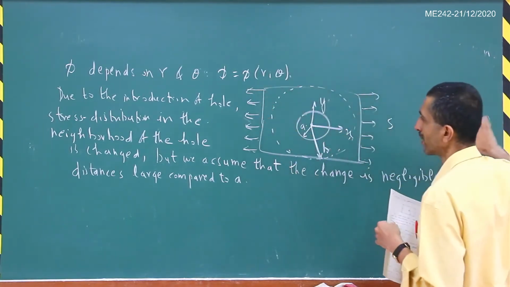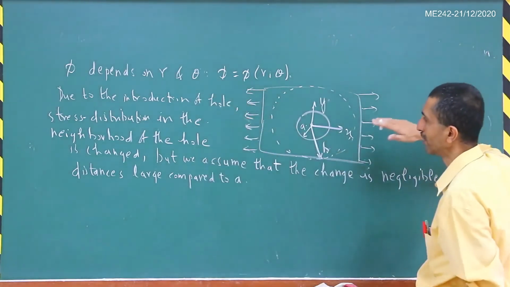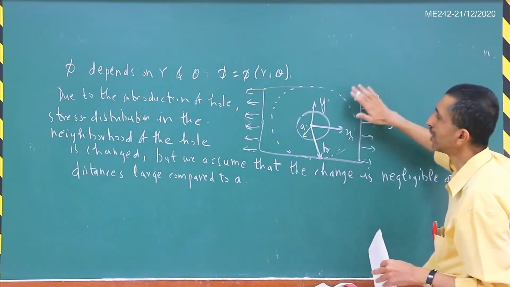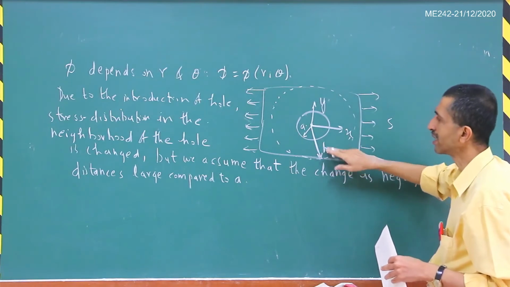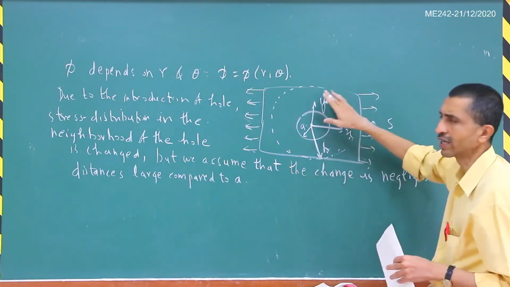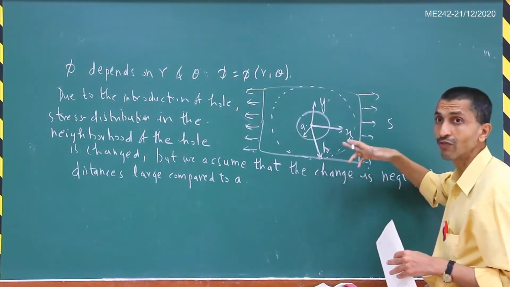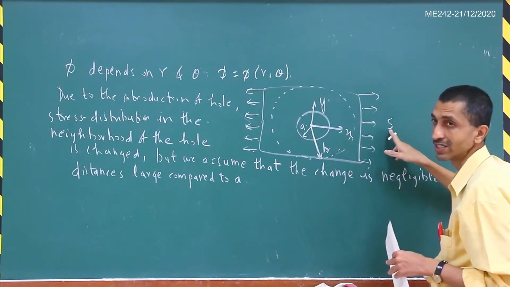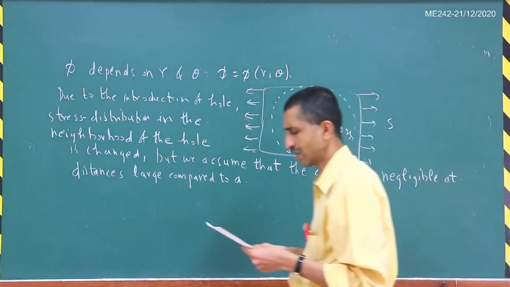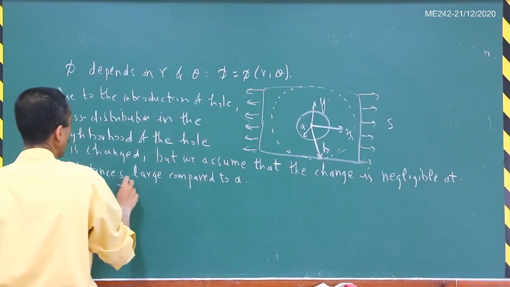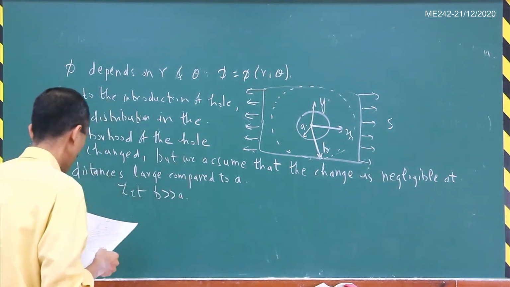assume that this whole domain is infinite, and then you are applying this stress in the really far field here. And so if you go far away from this hole, we assume that the distribution is given by this S. So let us say that this B, this circle that I have drawn here, this dotted one, is an imaginary circle. If this radius B tends to infinity, then we are assuming that the stress state is this unidirectional stress state that I have shown here. That is the assumption here. Fine, so let B be much greater than A. That is what we will see.